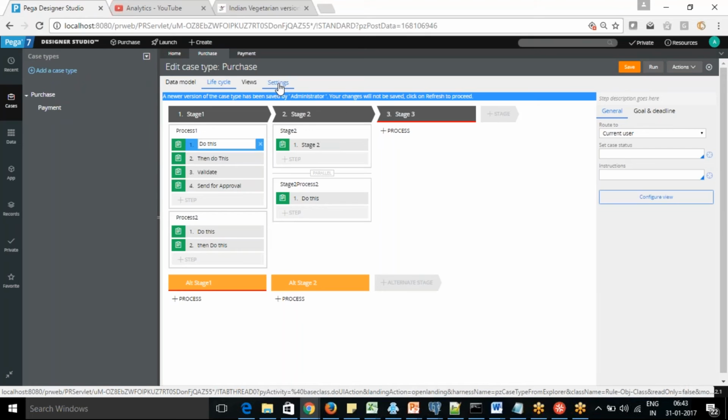They are making a lot of changes in case management, like how you create a case. The case changed drastically when they introduced case management in Pega 7 and the current 7.2.1. No other rules changed that much, but in case management they are putting a lot of effort.